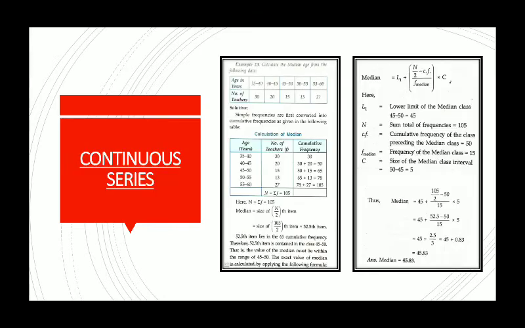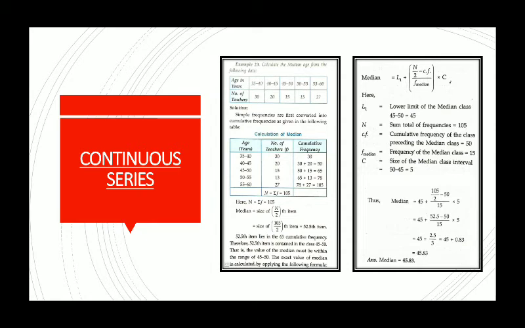The last type of sum for median is continuous series. In case of continuous series, we have class and frequency given. Class is from 35 to 40, 45 to 50, in that way it is given for 5 intervals, and frequency is given. Now, since I already told you all that whenever frequency is given and you are supposed to calculate the median, you have to calculate cumulative frequency.